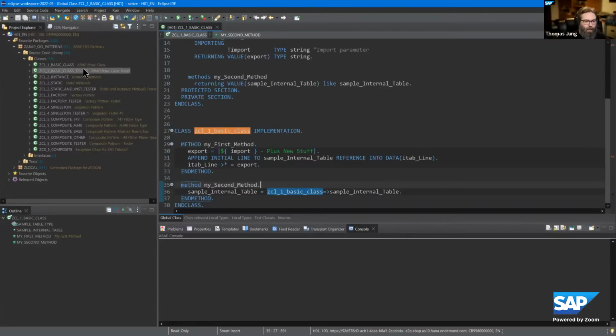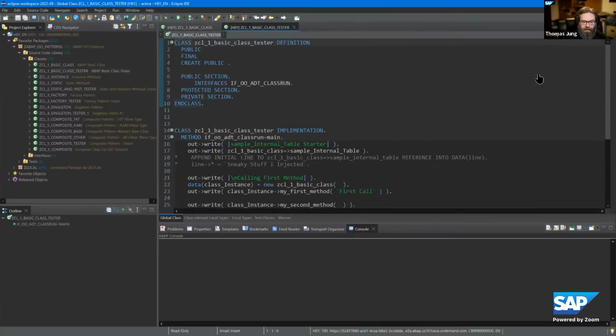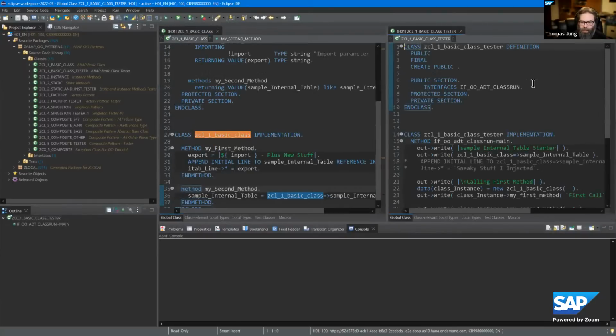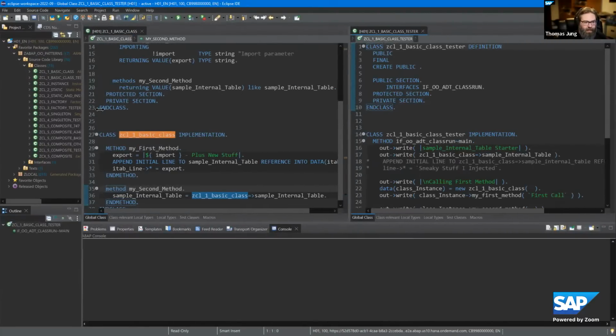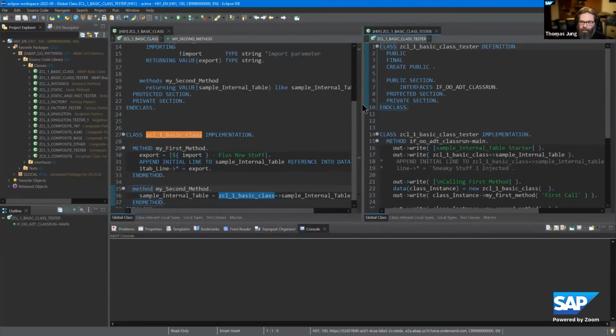Let's go ahead and pull up the test class. Let's see if I can just get these pretty nicely side by side. A little more room there. What I've done here is I've just created a second class so that I can test this first class. I am using the interface IF_OO_ADT_CLASSRUN. This is what we can use to output to the console in the ABAP development tools. It's a much more common way to interactively test your classes,